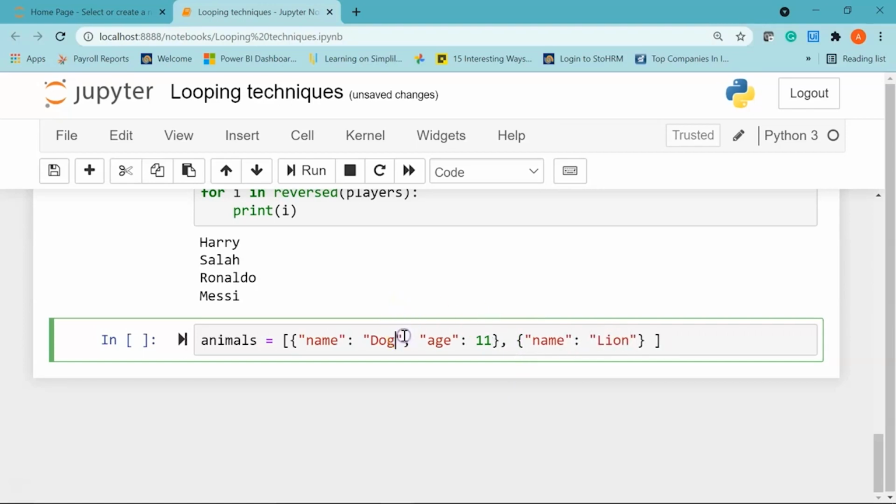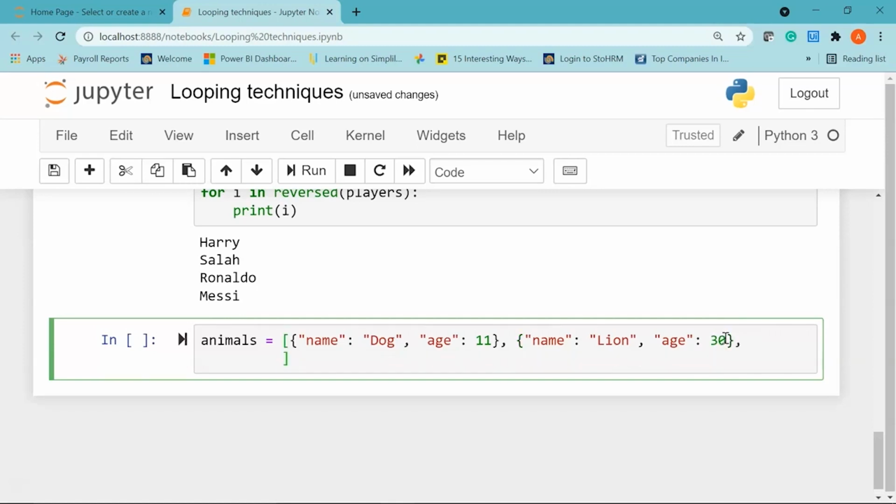Let's make it dog instead of dogs. Okay, give a comma and then say age. Let's say the age of the lion is 30. I'll give a comma. We'll go to the next line, and this time we are going to have another animal. I'll say elephant.